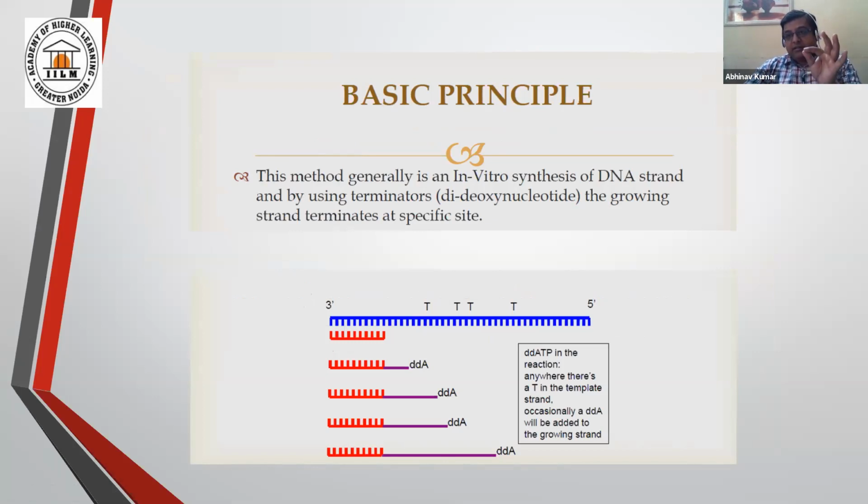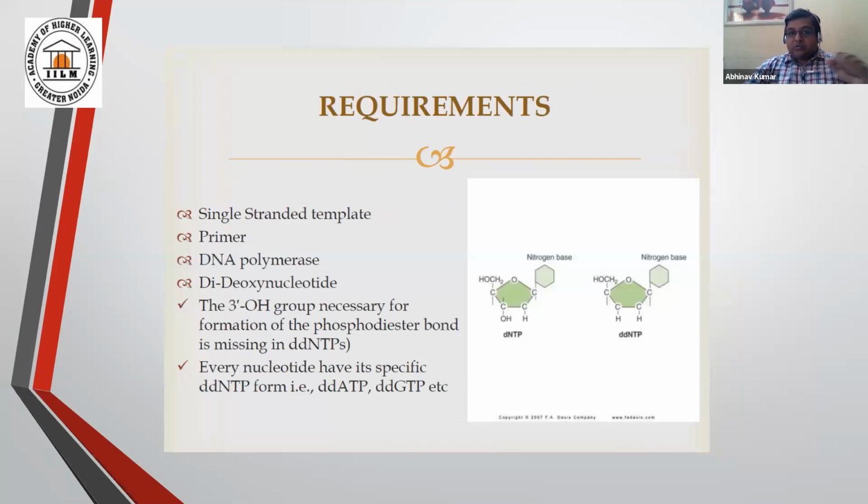If it is A, it is adenine. If it is T, it is thymine, C, cytosine, and so on. There are several questions which can arise in your mind. Why are we using this di-deoxy, what is its function, what is the use? Fine. So you can see the difference between one dNTP and one di-deoxy dNTP.